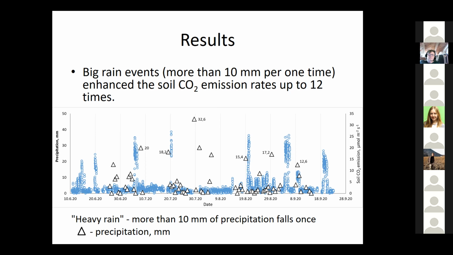Any thoughts? Probably, as you see, because it's a small scale, you see here we have some gap in measurements. There was some problem with our device, the LICOR. That's why we didn't catch it. Probably there should be some emission. That's okay. I thought it might be something like that. Thank you. Nice presentation.